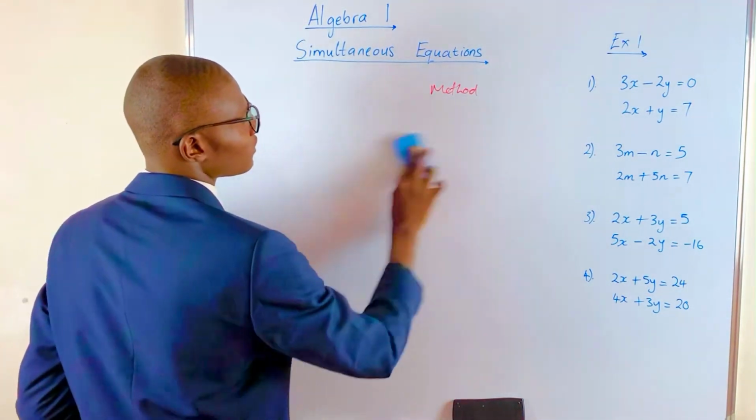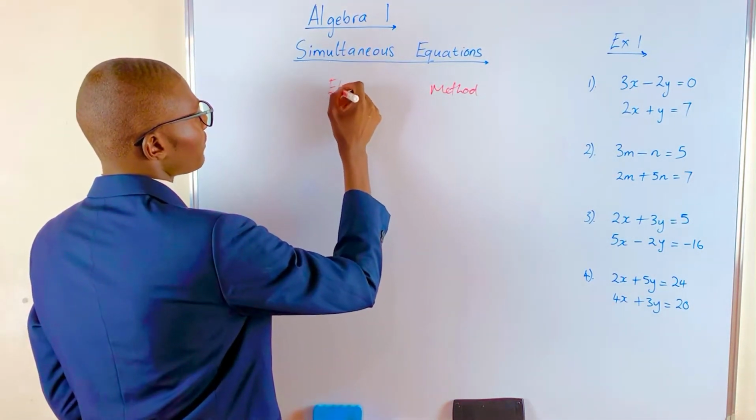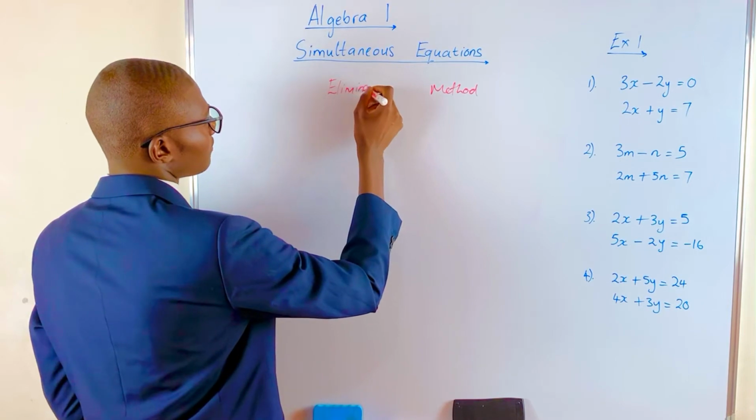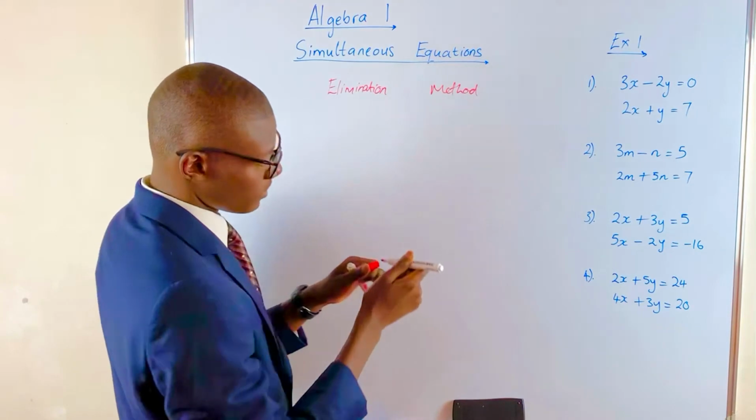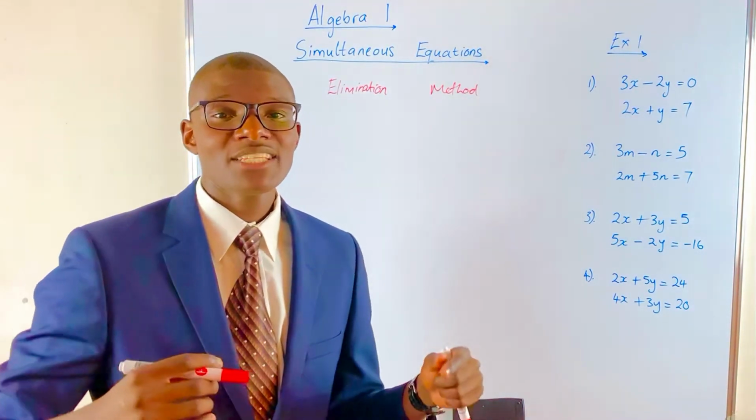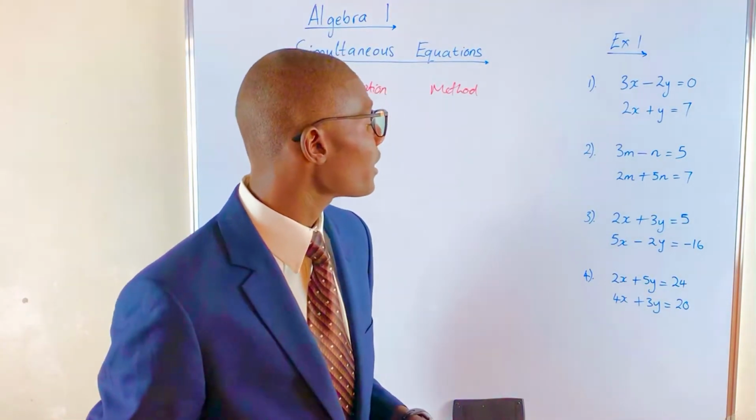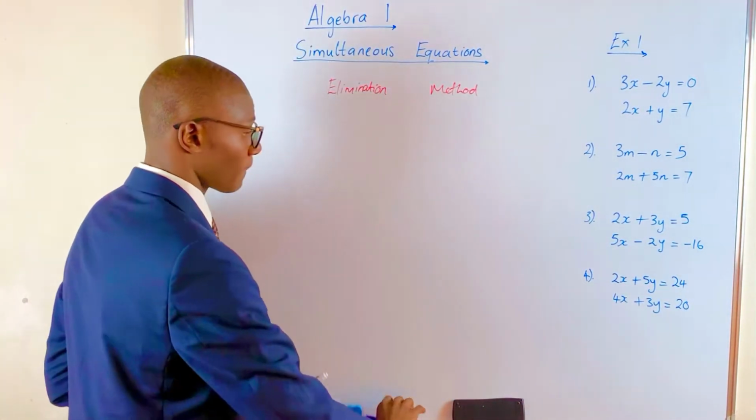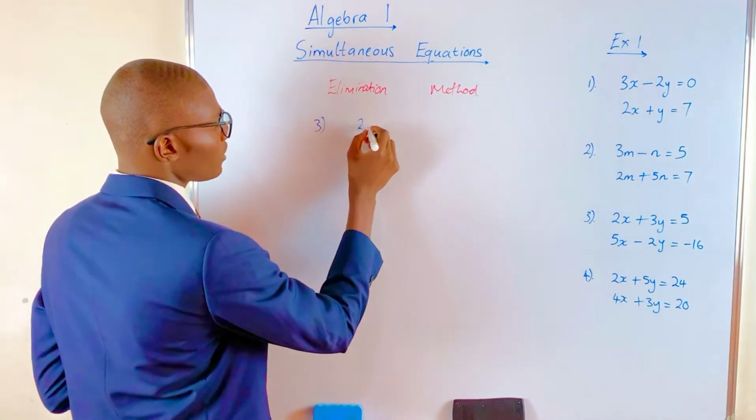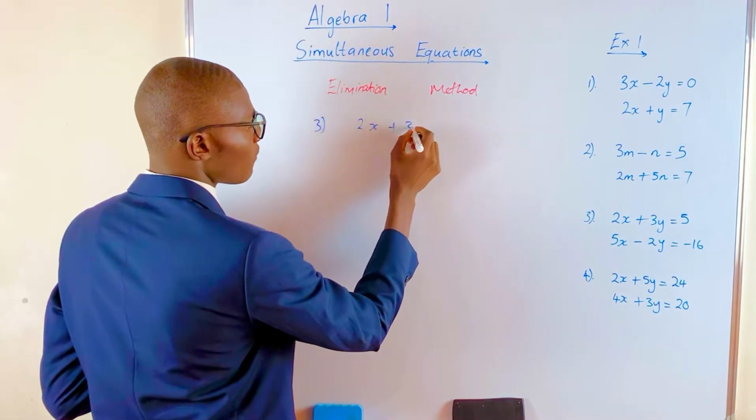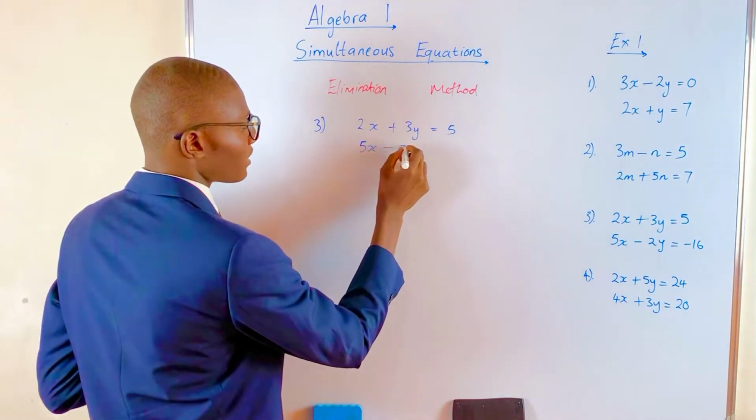So this is now the elimination method, right? Elimination method. Yes, elimination method. So basically, the elimination method would work when the substitution method is not suitable, right? So let's take number 3 then. For number 3, we've got 2x plus 3y is equal to 5, and then 5x minus 2y is equal